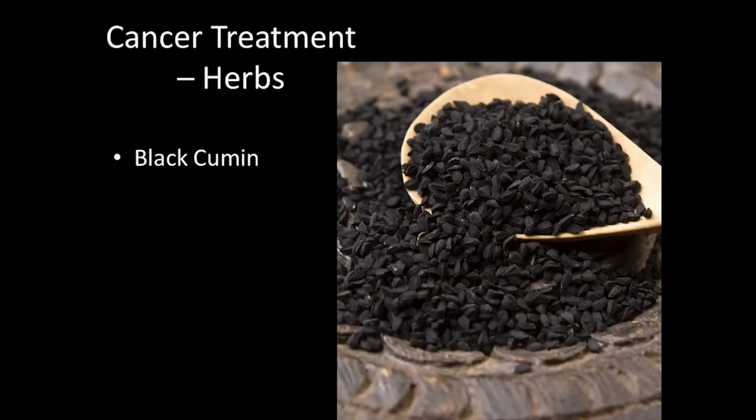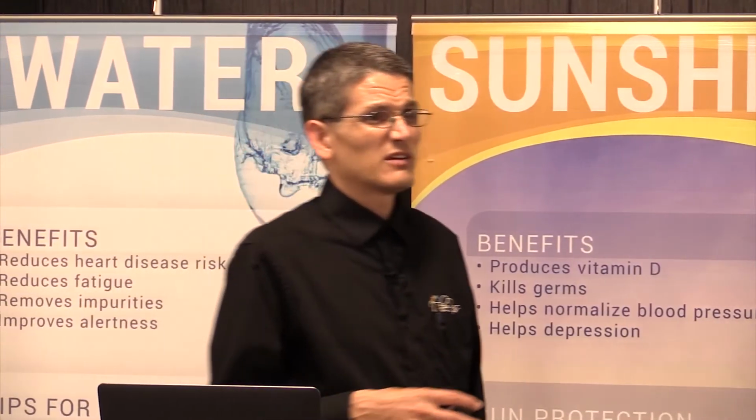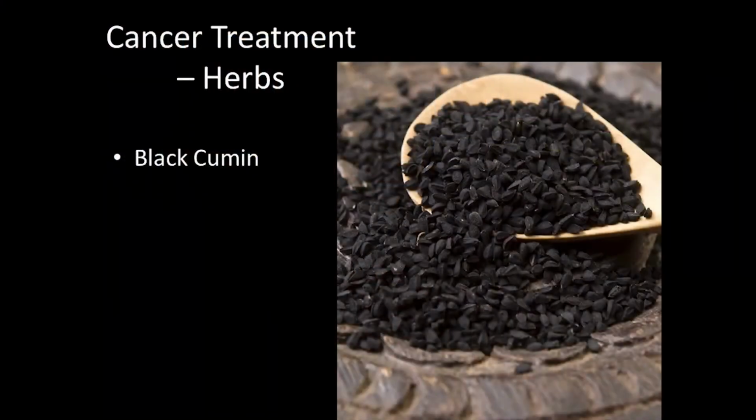Black cumin. Black cumin seed is also something that has been shown, again, in many different cell lines, to be beneficial. Most of the studies are using about a teaspoon's worth of the black cumin seed on a daily basis. And just like flaxseed, you grind it up and use it freshly ground. Sprinkle it on your food, put it in your smoothie or whatever you're doing, and take it that way.